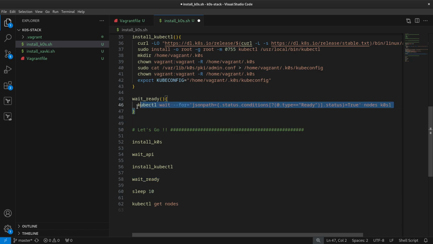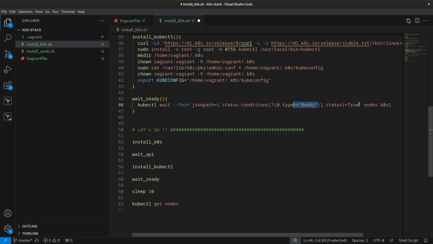Just after that, I wait ready. What is wait ready? This is like when we deploy a server in a cluster. We just want to have this server in the status ready. So here we use a trick with the kubectl command. We use kubectl wait, and we wait for the status to be ready.